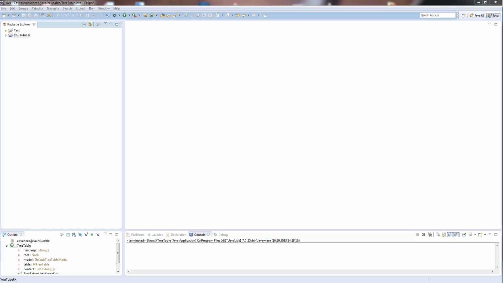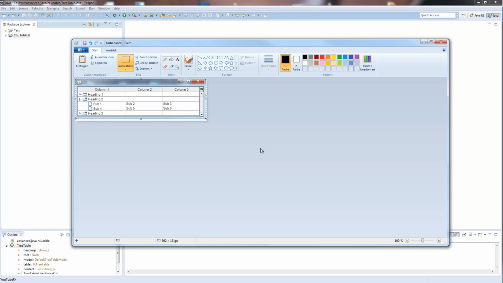So for those who don't know what a tree table is, this is what we want to reach. This is a simple table in Java where some rows are collapsible. They have an own heading, and if you press on the heading you collapse them in or out. And